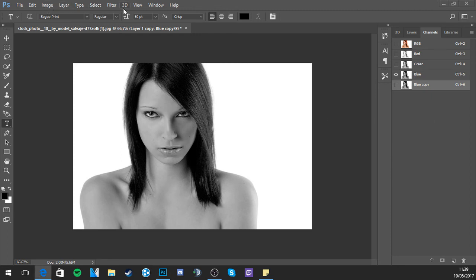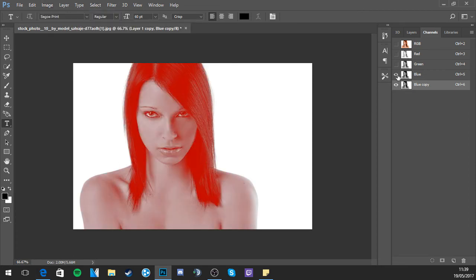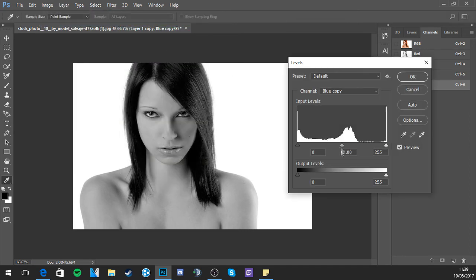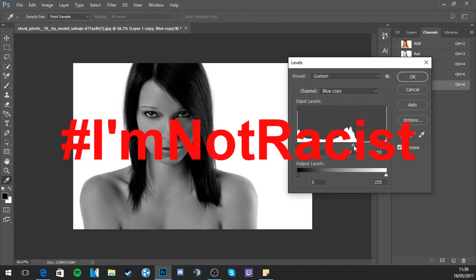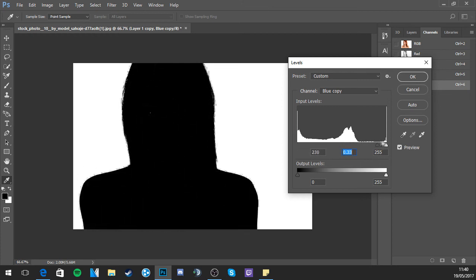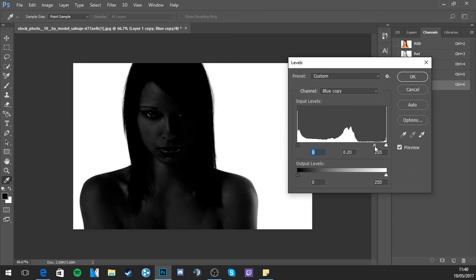And then we need to go to Image, Adjustments. Why is it not selected? Can we get rid of that? Image, Adjustments, Levels, there we go. And we want to make her as dark as possible without expanding this outline. So like you can see here, if I do this, it will bleed out. We want to make that not happen, so we're gonna darken her up as much as possible.